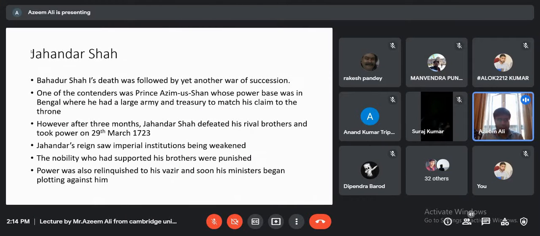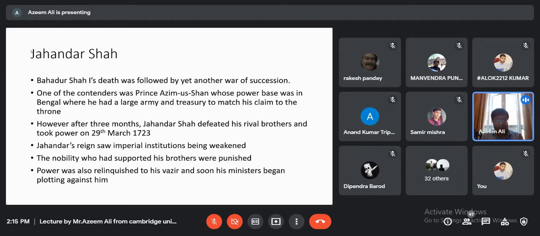There were constant disputes over the succession to the Mughal throne, and there was another such war of succession. One of the contenders was Prince Azeem Ushan, whose power base was in Bengal, and he had a large army and treasury to match his claim to the throne. But after 3 months, Jahandar Shah emerged, and he defeated his rival brothers and took power on 29th of March, 1723. And Jahandar's reign saw imperial institutions being weakened,